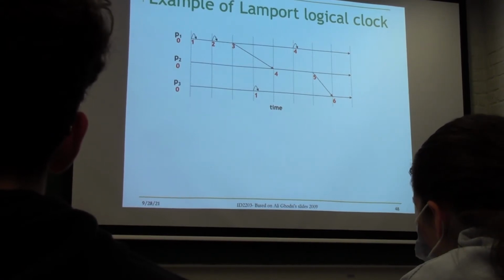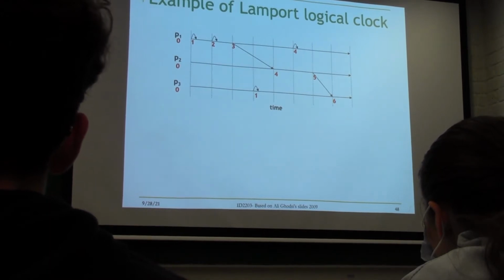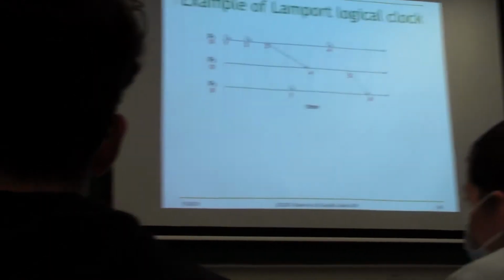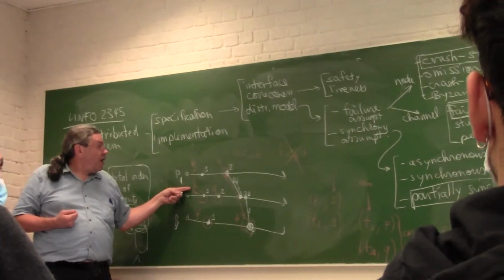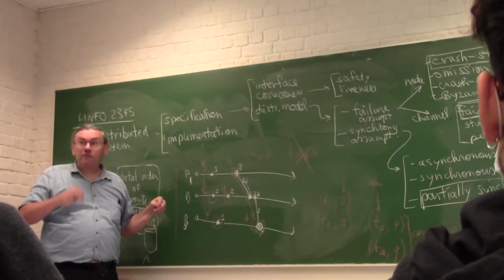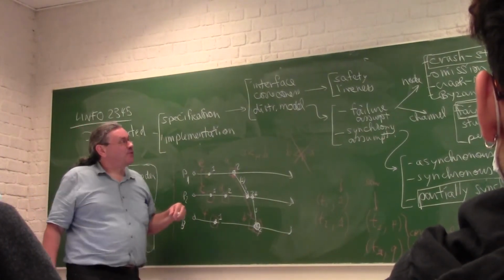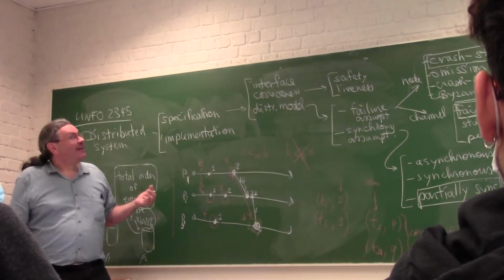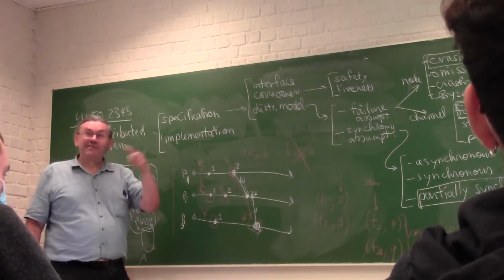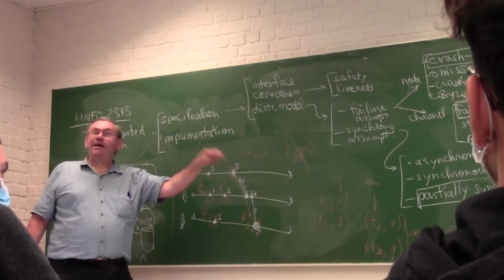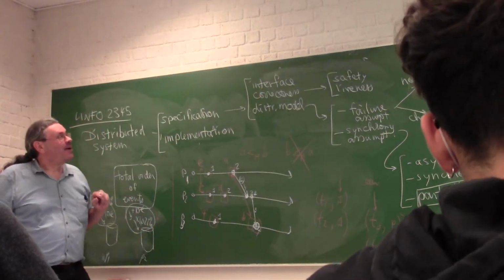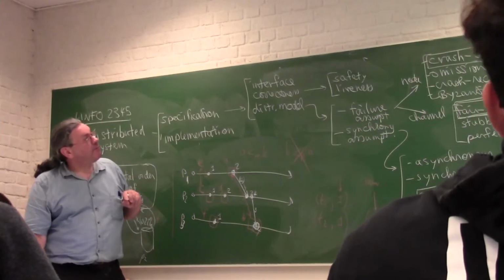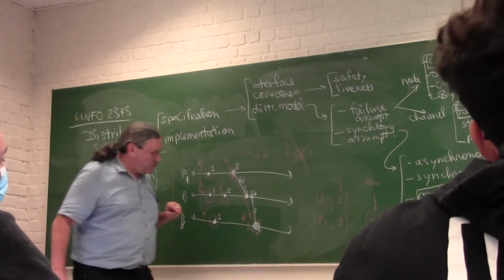So how could we do that? We need a more sophisticated clock to actually tell us when the events are concurrent or not. So the Lamport clock will not do it. We need a smarter clock. Unfortunately, Lamport invented the Lamport clock before inventing the smarter one, so his name got attached to the stupider one. And the smarter one is not named after a person. It's called the